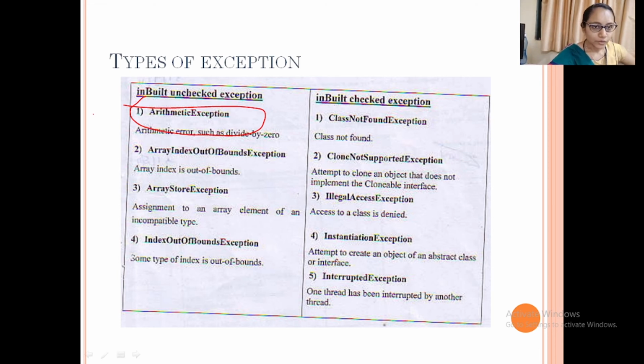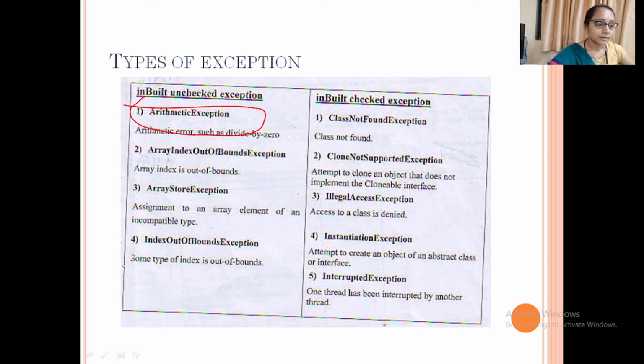Next is array index out of bounds exception. This exception happens when we are working with an array, such that if the array size is 3 and we are trying to enter 4 elements, then we will get this kind of exception.